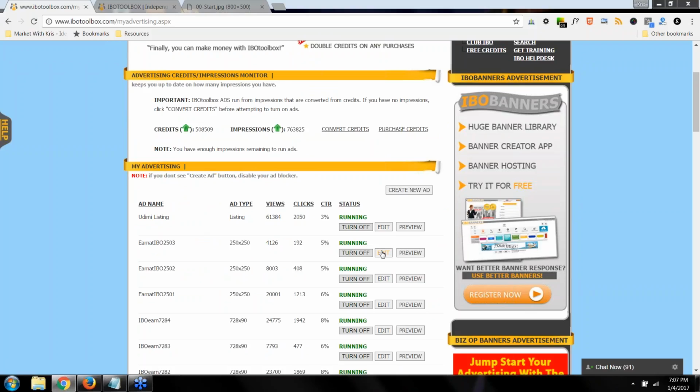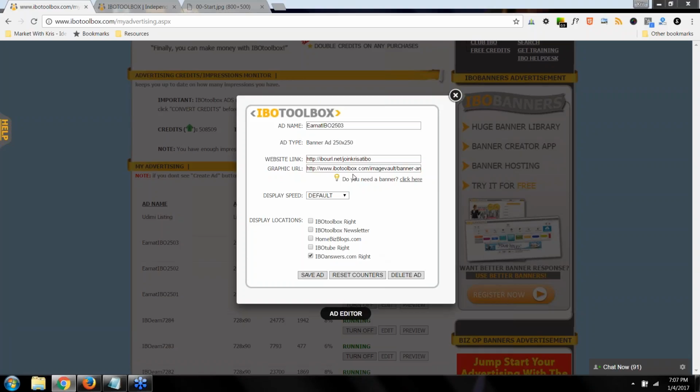So let's say we were going to change this. You click on edit and you would change this website link. If your website has changed for the banner that you're advertising, then you would just change the link in this box. And once you get done, you click on save, and then you're done.